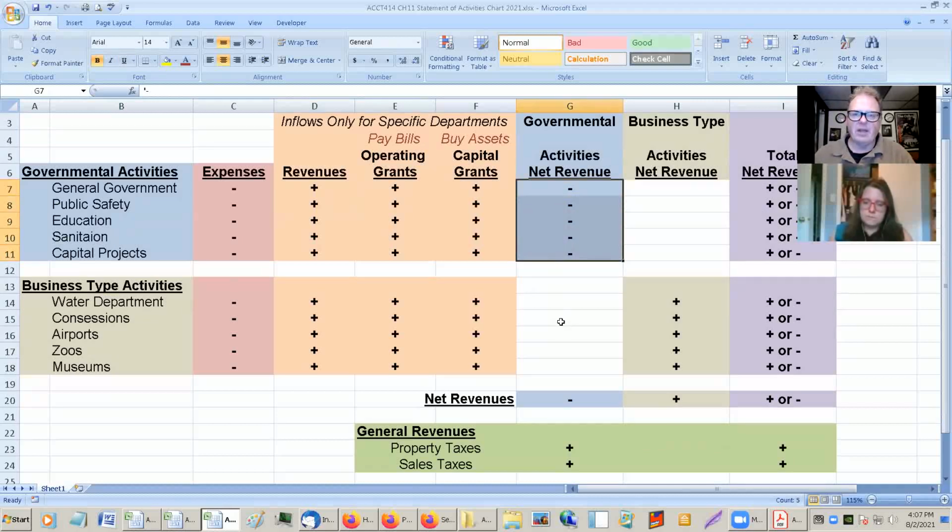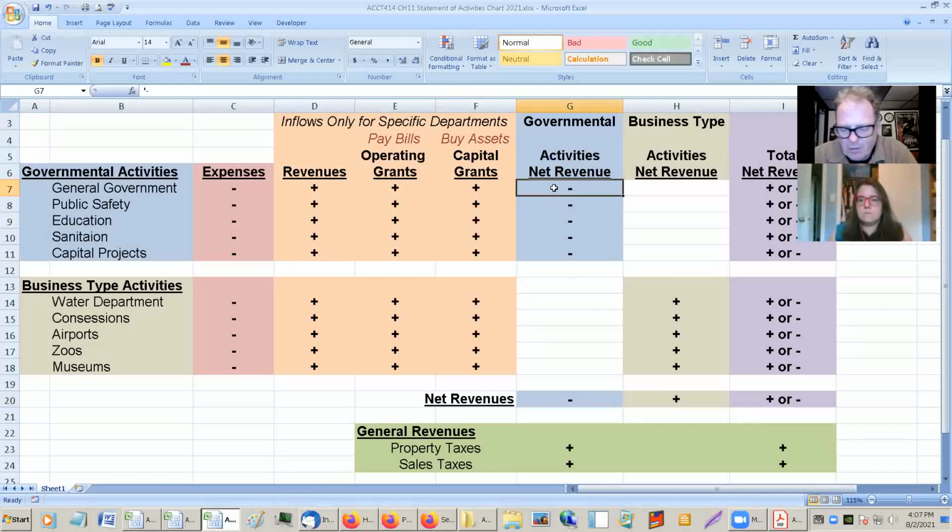You usually don't make profit on your police department. You don't make profit on sanitation or on capital projects, for instance. Putting in roads usually doesn't generate revenue. So a lot of times these governmental activities will be negative. That's expected. If you think about the definition of government, what should be covered is those things